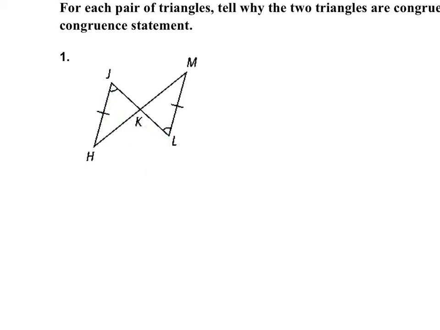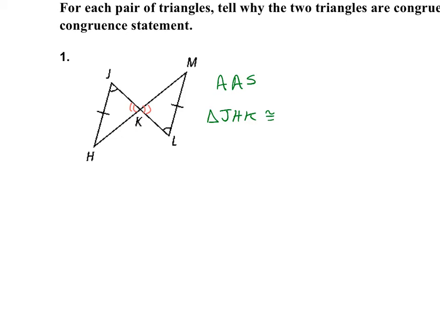This angle is congruent to that one. We have that GH is congruent to ML, or LM. So we need at least one more angle, and we can prove that those two angles are congruent because they are vertical angles. So that means that the triangles are congruent by angle, angle, side. So by angle, angle, side, I can say that triangle